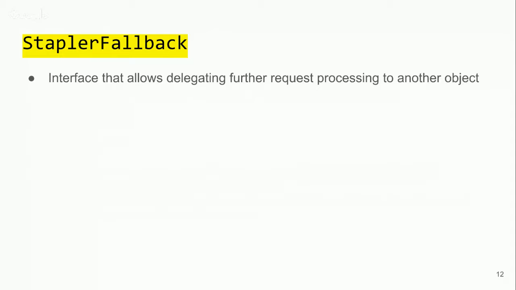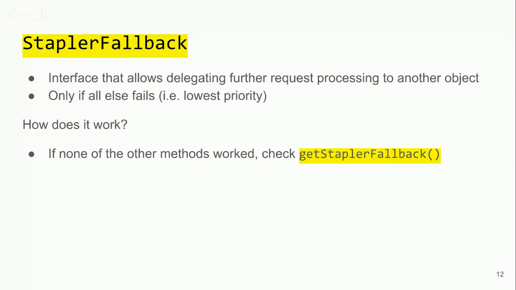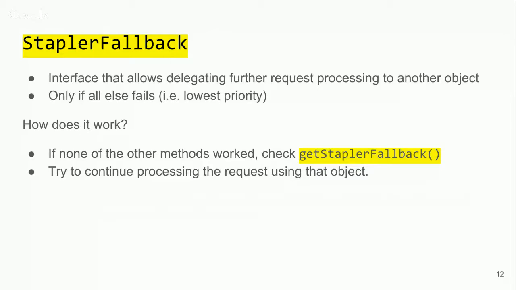And then there's StaplerFallback. It also is an interface that allows you to delegate further request processing to another object. However, different from these other two, it is invoked last. So if all else fails, try the fallback. And that is implemented as a method called getStaplerFallback, which will return an object, and Stapler will try to continue processing the request using that object. This is one you're using every day